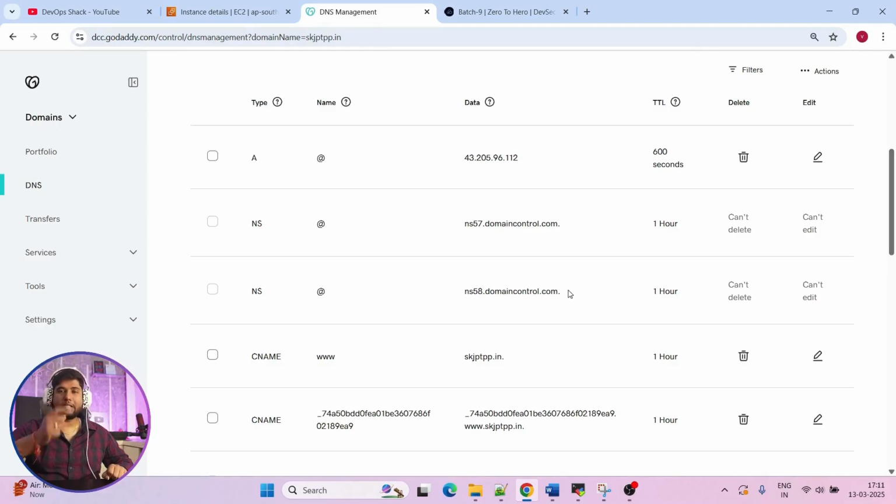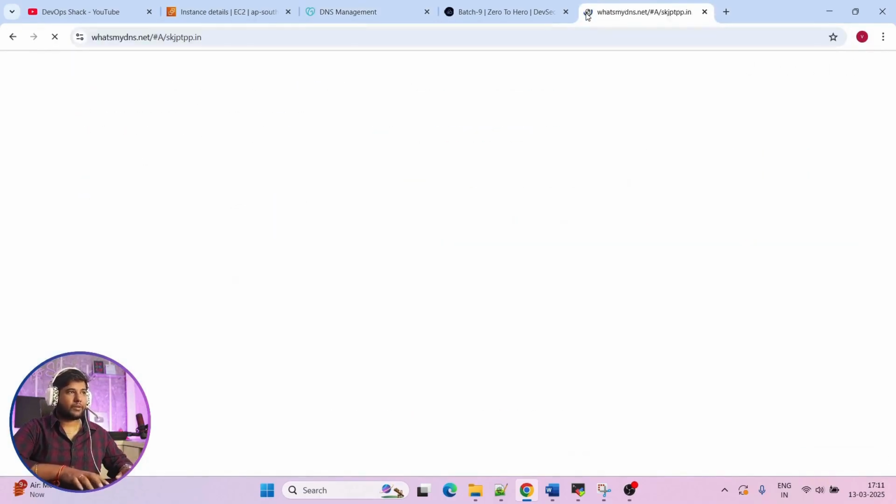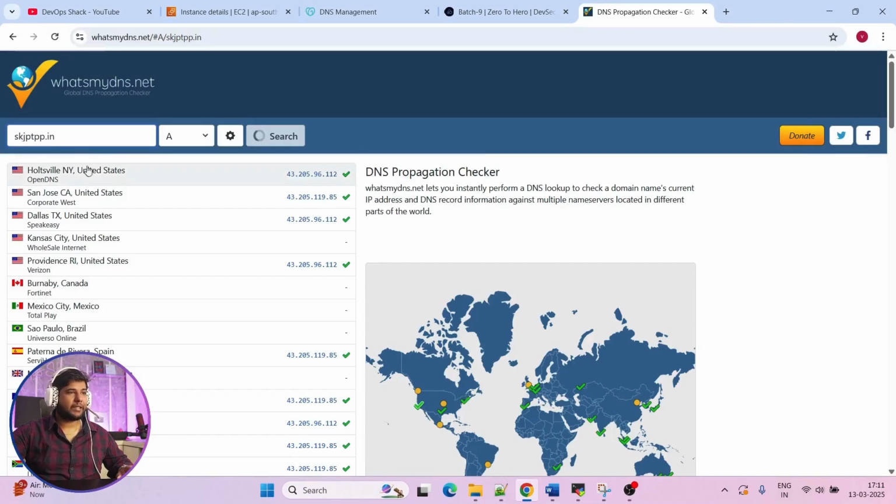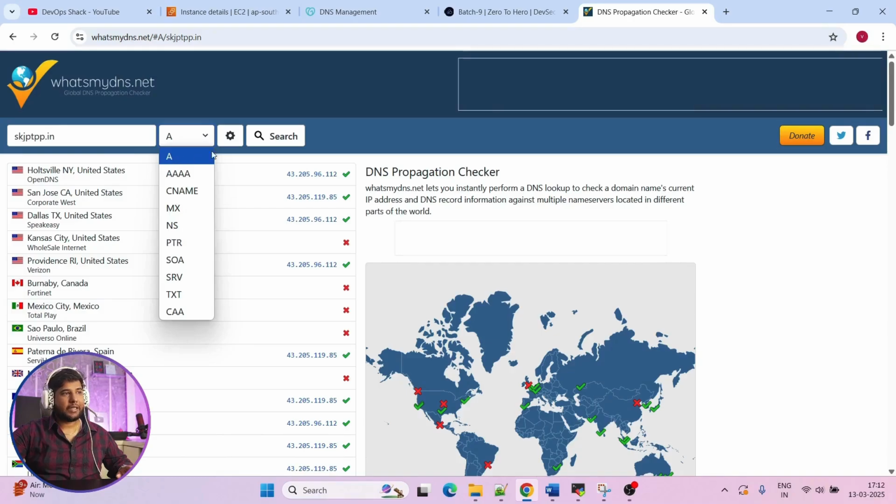Because when you are running the SSL certificate, the first thing it's going to check is where exactly the domain is pointing to. So by default, our domain should be pointing to this IP address. We have just now added it, so this will take a few minutes to propagate. And how can we confirm if it's propagated or not? We can go to our website DNS provider. Here you can simply put